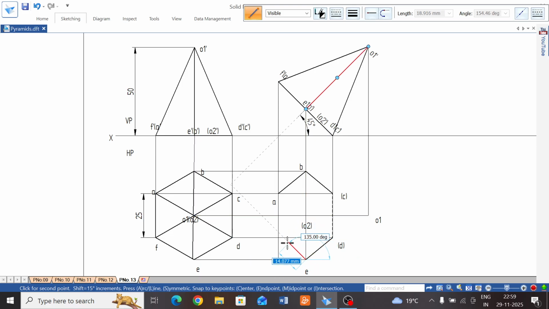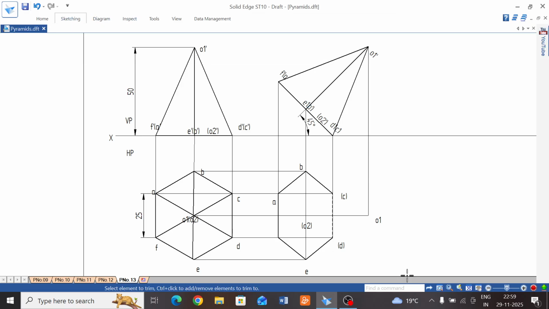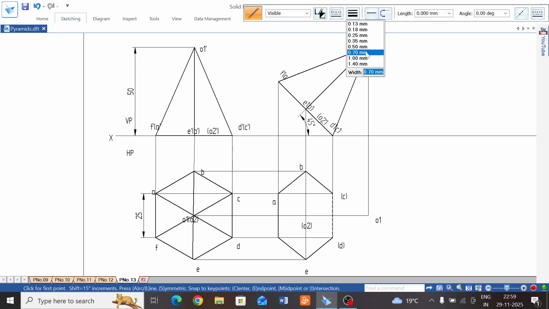Then next here is the F point, intersection and join to A point. Here hexagon, those unwanted extra lines you can trim. Here this is the hidden line, and join those boundary edges by thick line with selecting 0.7 mm. Here select this A2, A2,